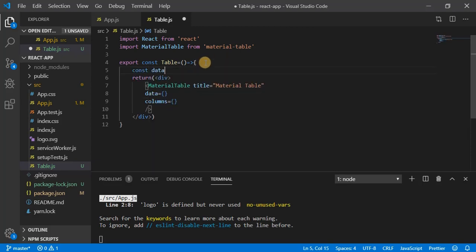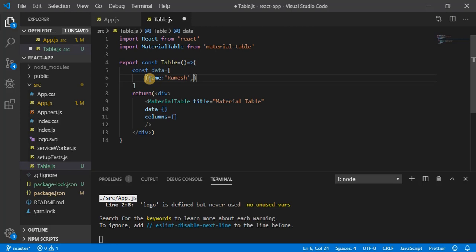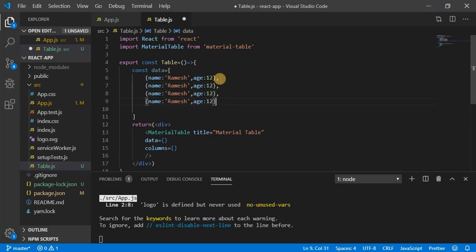So const data, and data is going to be, so we can write here, let's say name equal to Ramesh, okay, age equal to how much, 12, okay, and let me do a couple of copy paste, oh, at last a comma, okay.